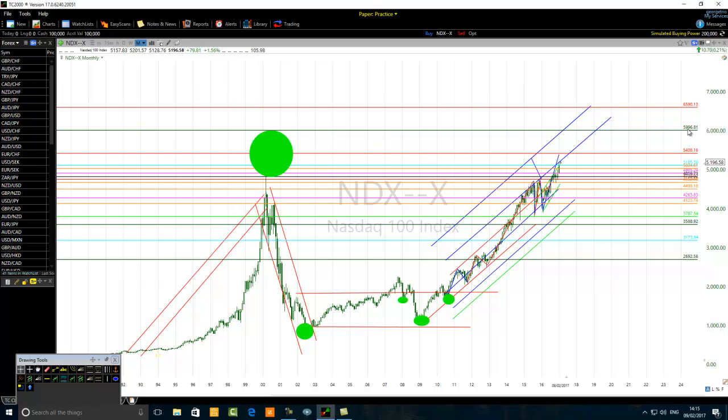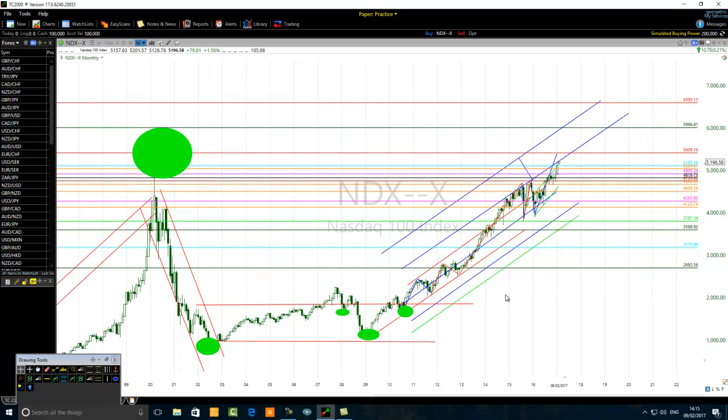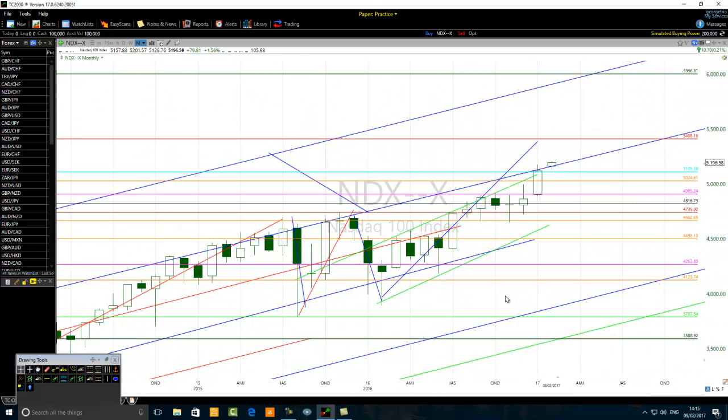and 5996, the median line between 5408 and 6590. Before I forget, the first long-term equilibrium price level for the NASDAQ-100 in 2017 that we do not want to forget is at 4905. This is it, the pink line here. Do not forget this key level. It's the first influential key level in 2017 for the NASDAQ-100. It's at 4905. If you're a position trader and investor, you need to know the first long-term equilibrium price level,